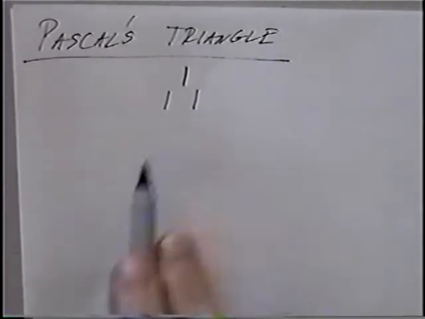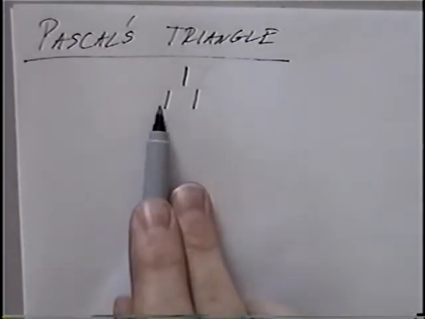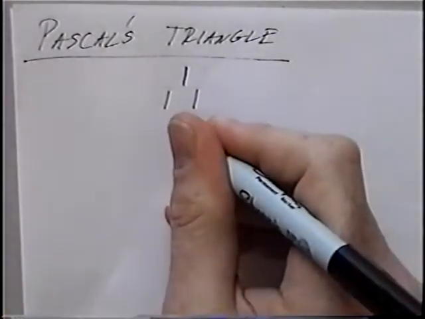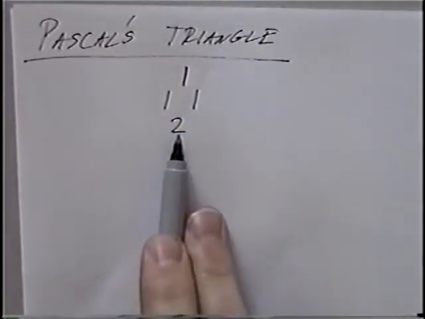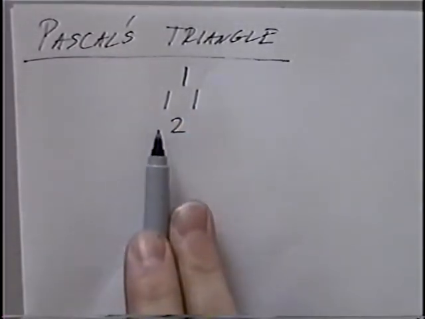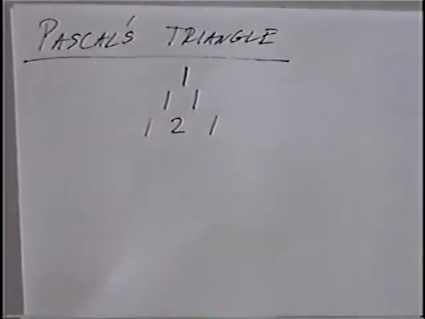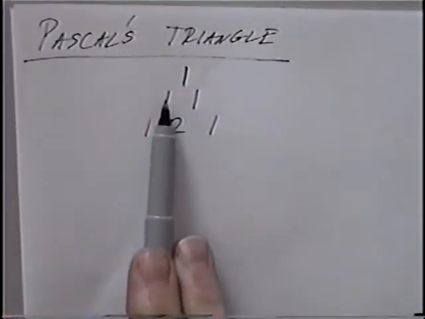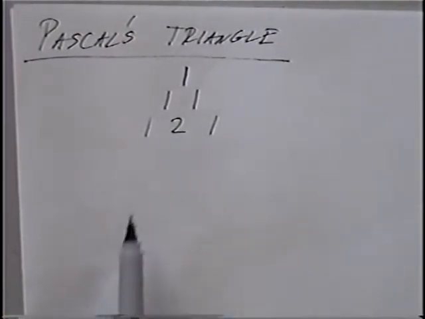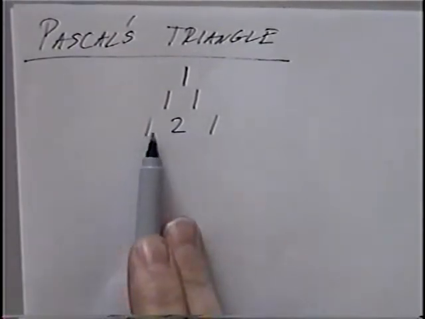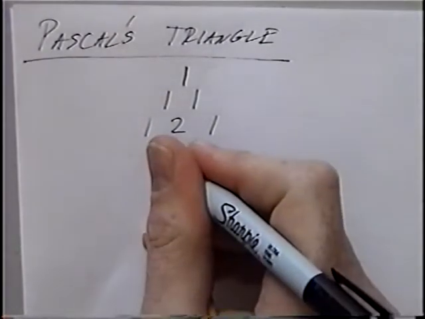To get the third row, what we'll do is take the 2 numbers above, 1 and 1, add those together, which will get us 2 for the third row. The outside numbers will be 1s. So our first row would be 1, our second row would be 1 and 1, our third row would be 1, 2 and 1. For the next row again, we take 2 numbers above, 1 and 2, add that, and